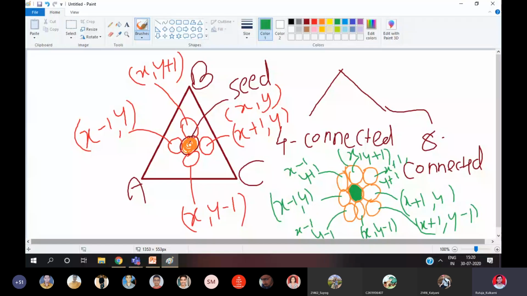Check it out. So this is the concept of eight connected. Either you can have four connected pixels with the seed, or you can have eight connected. In this way we need to go on filling the polygon till the boundary is reached. Let's understand the algorithm first, and then I will explain how we are going to fill the polygon. Did the concept of four connected and eight connected get clear? Any doubt over here?